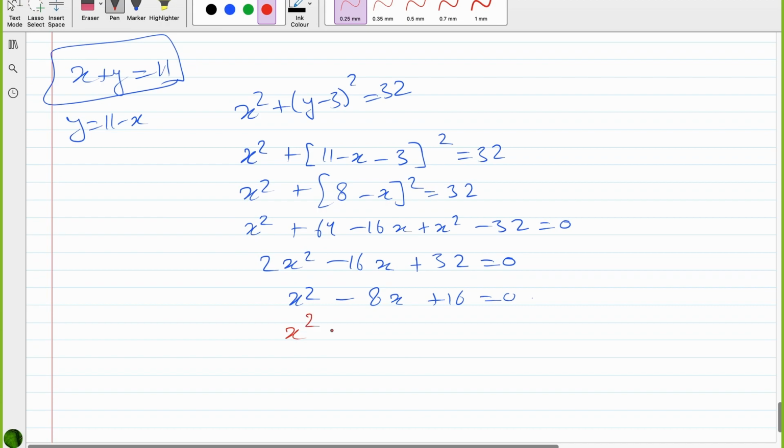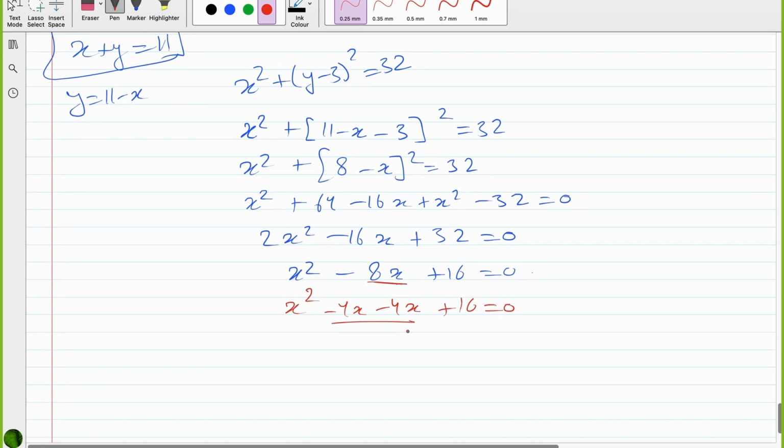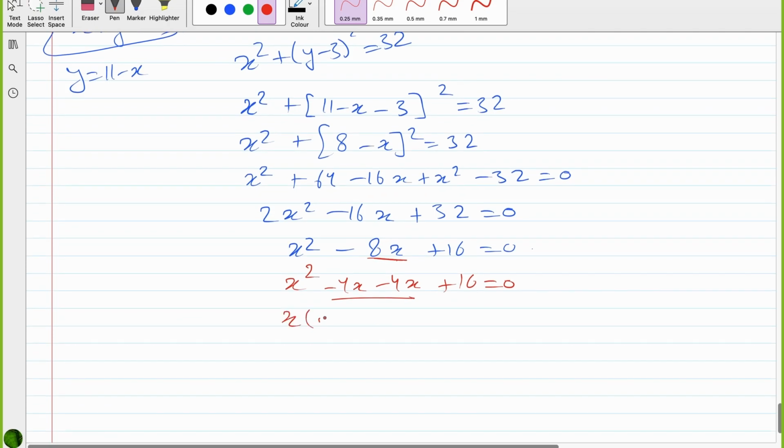So x square minus 4x minus 4x plus 16 is equal to 0. Adding these two we get negative 8. Multiplying these two we get positive 16. So x minus 4 again, x minus 4 is equal to 0. X minus 4 into x minus 4,